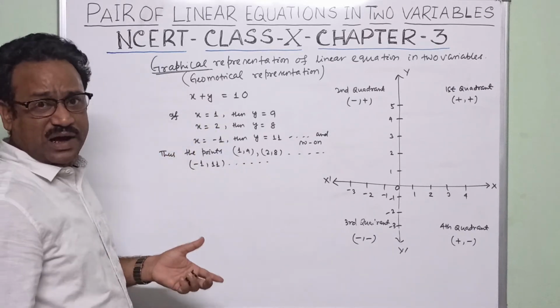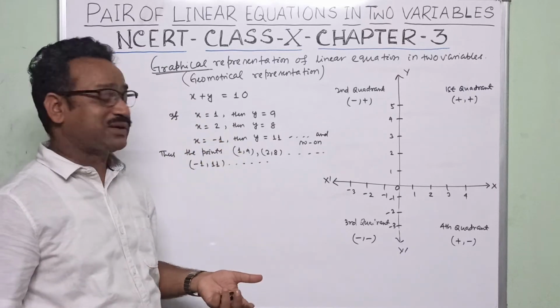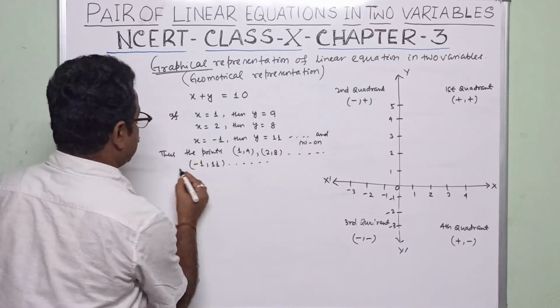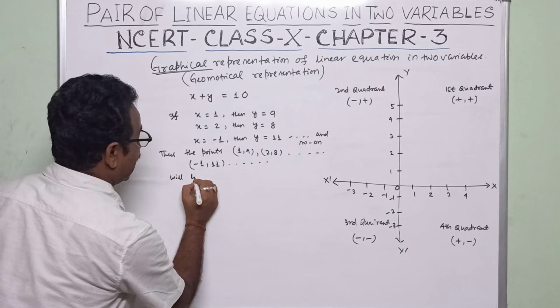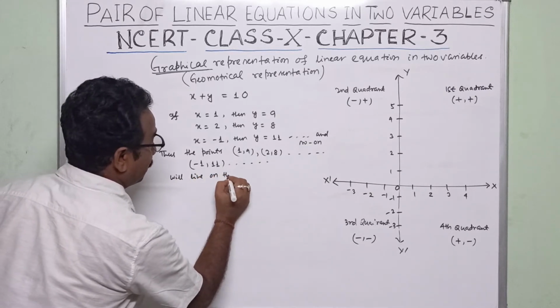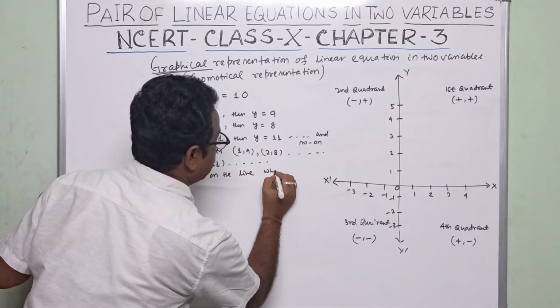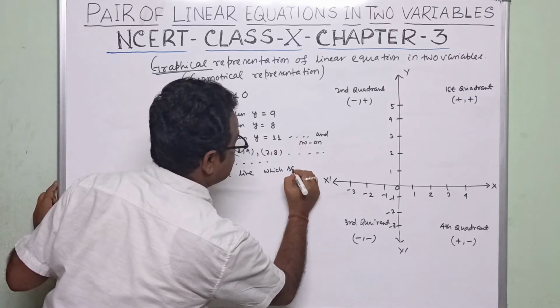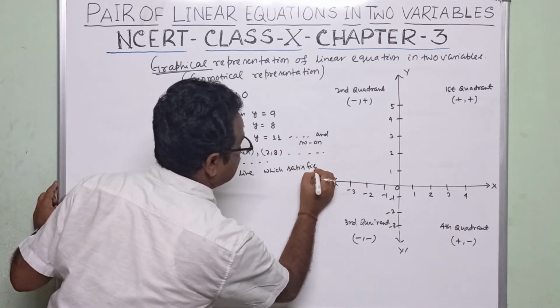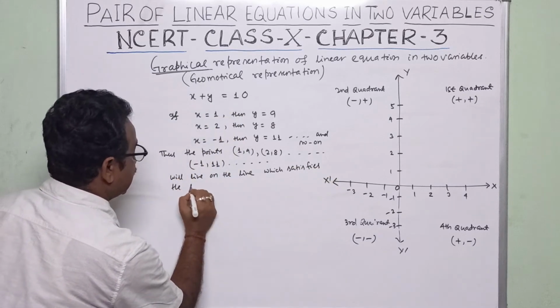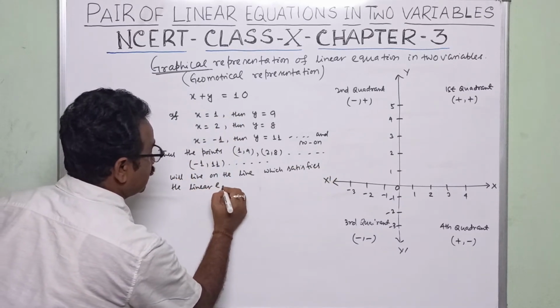Many points you can find out by putting different values of x and y. These points will lie on the line which satisfies the linear equation